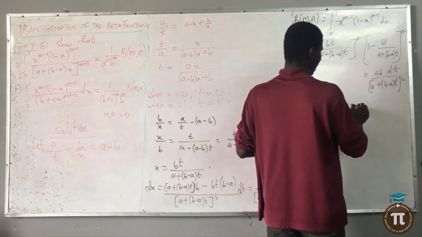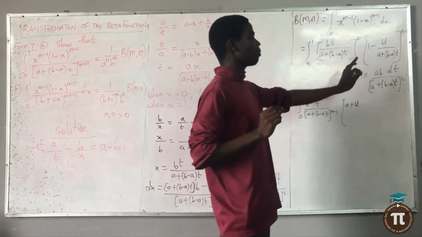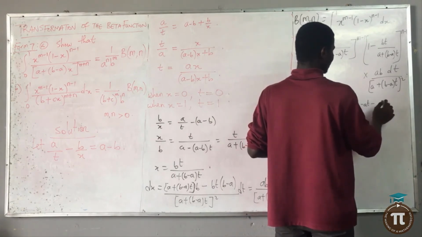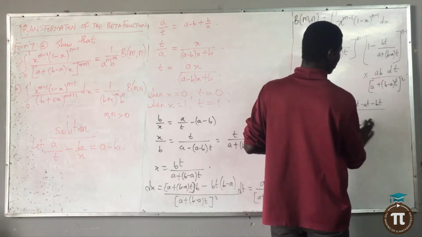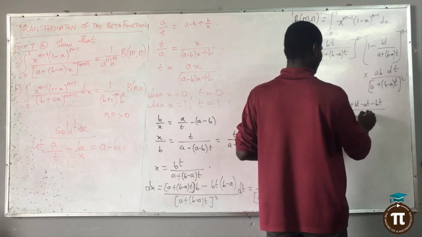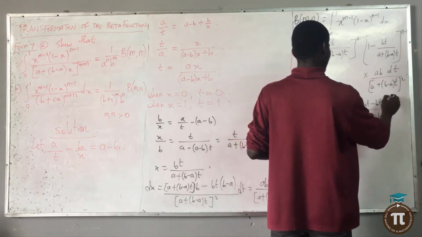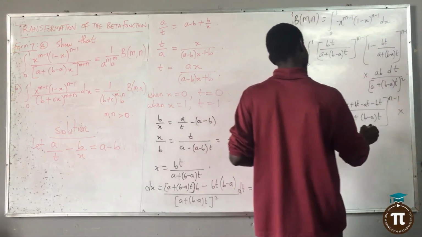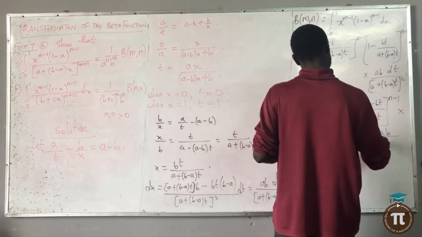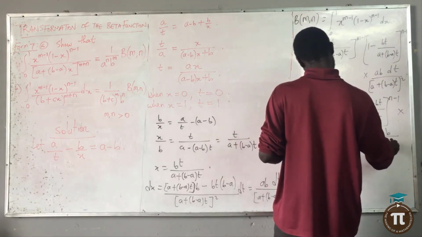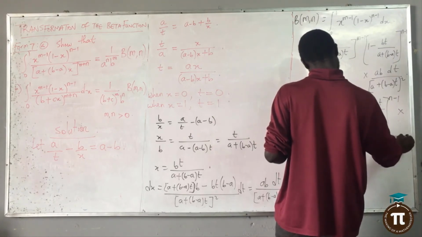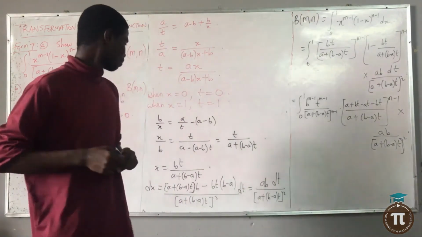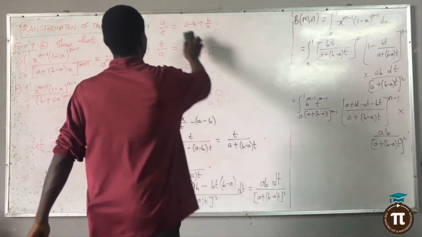a plus bt, this one will be a plus bt minus ap minus bt, everything over a plus b minus at raised to the power of n minus 1, then multiply by ab over a plus b minus at, all squared. That is what I have. So to round off,